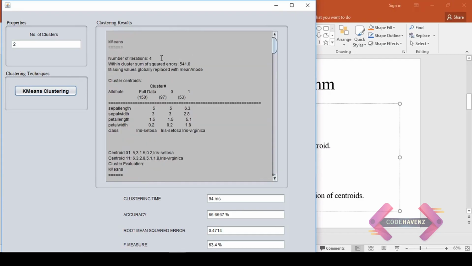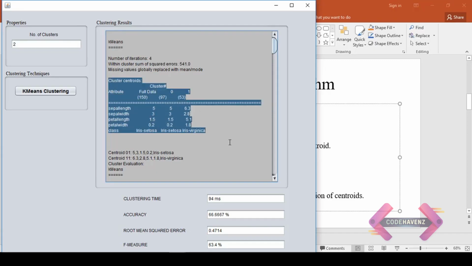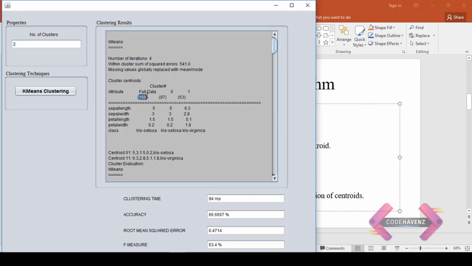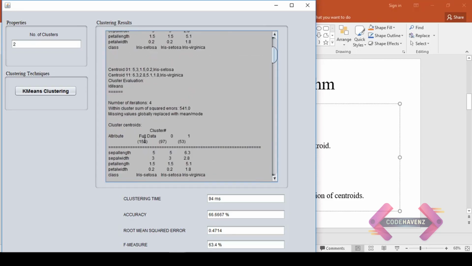Here, the number of iterations performed is 4. That is, after 4 iterations, the cluster centroids achieve the convergence point. Here I have shown the sum of squared errors. After that, this shows the cluster centroids. We have 150 instances of data, out of which 97 instances are grouped into cluster number 0, and 53 instances are grouped into cluster number 1.